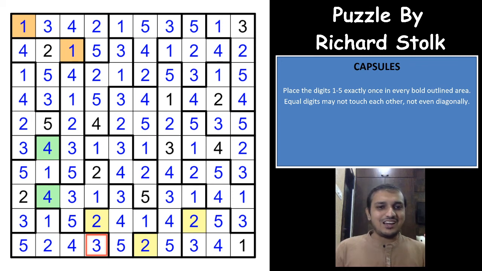It was an excellent puzzle, guys. I really love solving these kind of puzzle genres because they are really fun to solve. You don't have to understand the rules. No complex rules, very easy rules. Numbers don't touch even diagonally and adjacent, and each region will have numbers from 1 to 5. Such simple rules, but such a great puzzle.